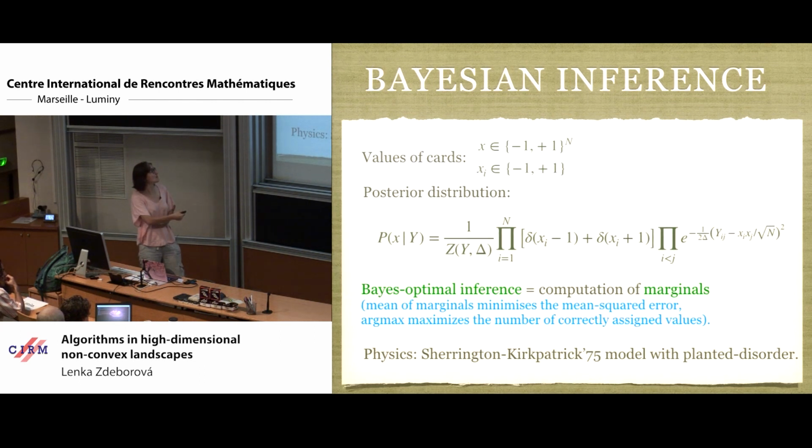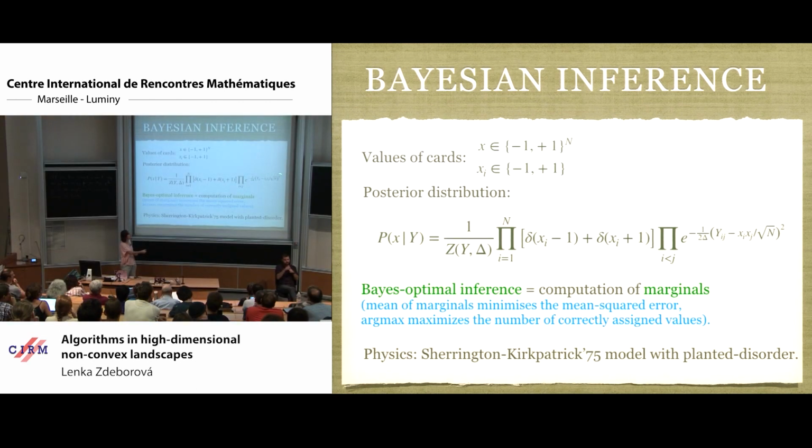which is just the normalization times the prior on the cards, saying we had plus minus ones and roughly the same probable ones. And here is the product over all the pairs, saying that what I observed is the product of the cards divided by square root of n with the Gaussian variance, because that's the game we played. So the likelihood here is this Gaussian.